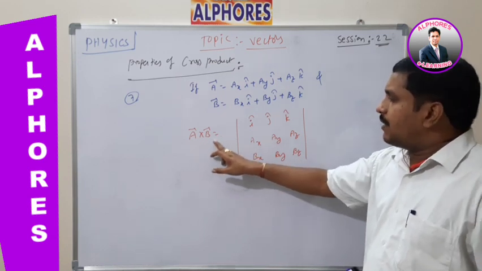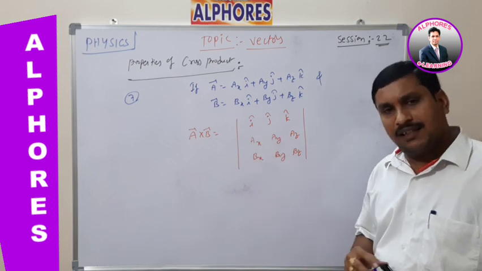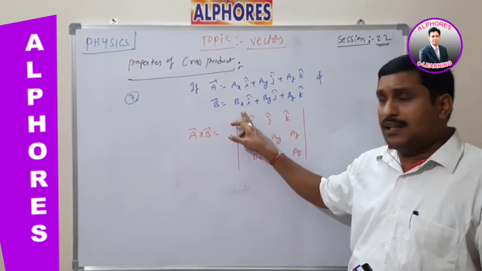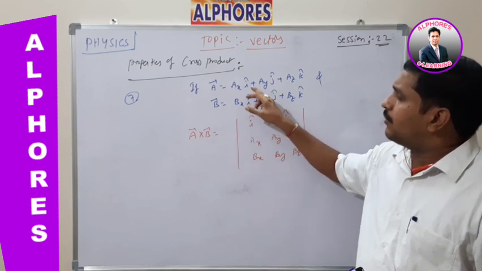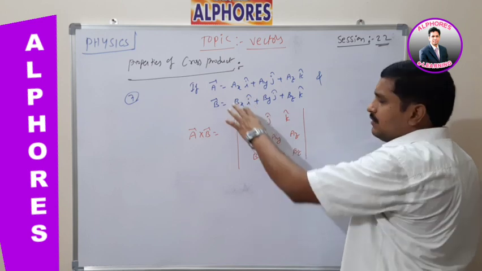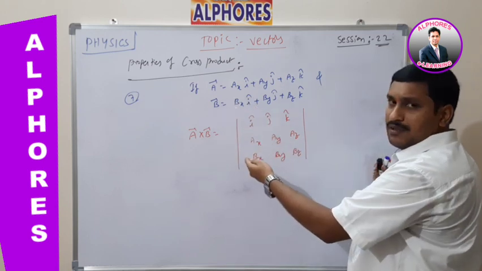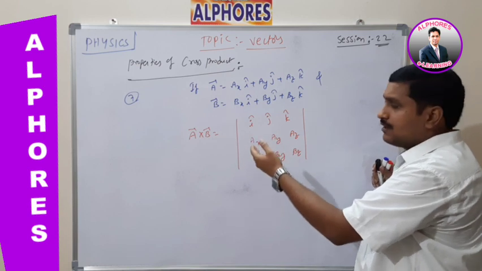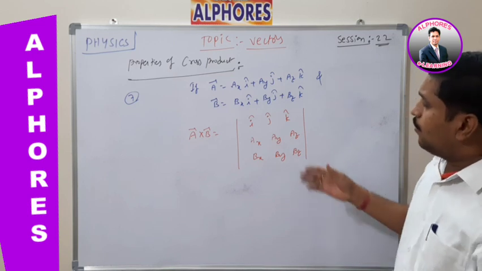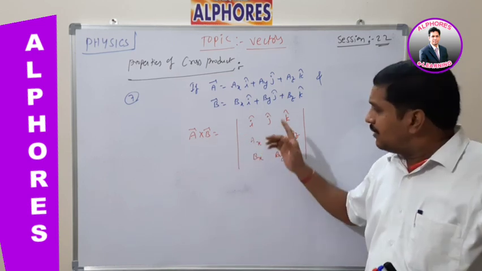So a bar cross b bar can be found by one method, the determinant of a 3x3 matrix. Listen carefully. A direct method is not possible like the dot product of two vectors, because we don't know the direct values. Finding the cross product directly is very difficult. This is the simplest method. Okay, we have understood. After that, I will give some examples of how to find the cross product of two vectors according to this method. This is the simplest method because in our lower classes we already know the determinant of a 3 by 3 matrix. Now listen carefully.